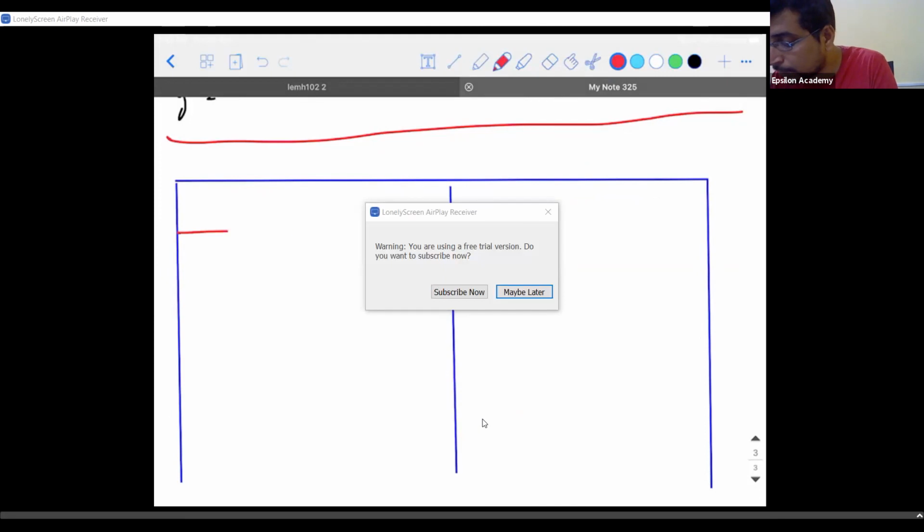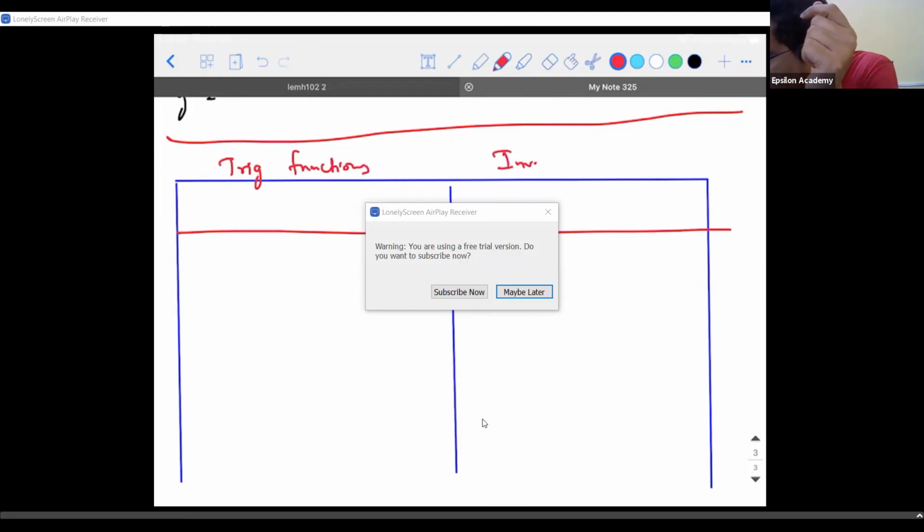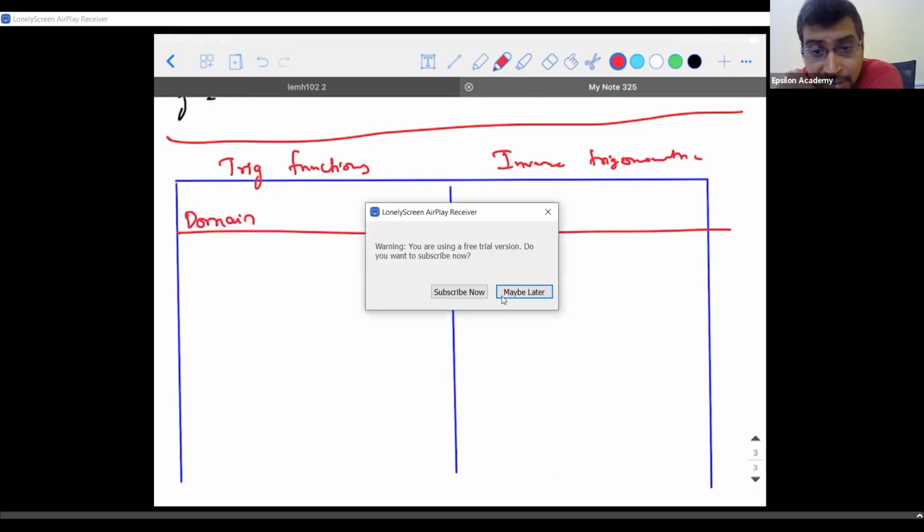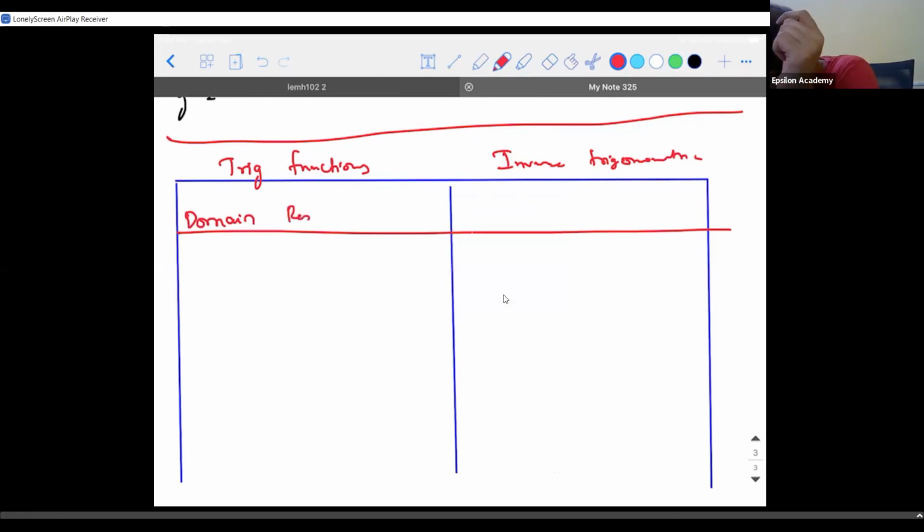Okay, now see. I will take trigonometric functions this side, inverse trigonometric this side. I'll be calling it domain. I'll be adding an extra column here, I'll call it restricted domain. So what is the meaning of restricted domain? I need to restrict the domain to make this trigonometric function a bijective function. Then I will get a range. Okay, here is the domain and here is the range.